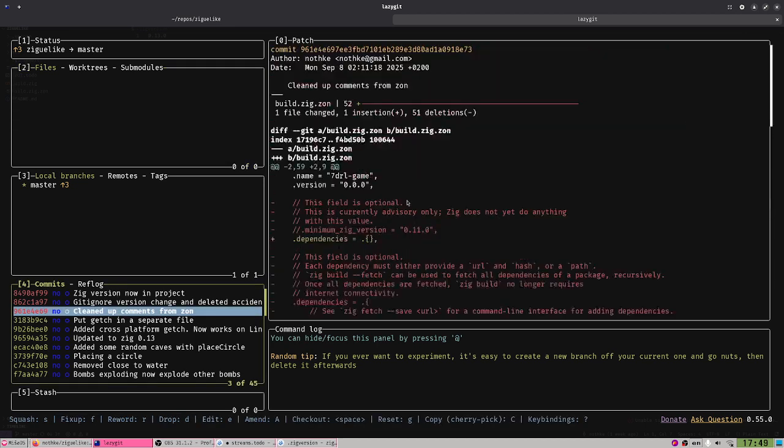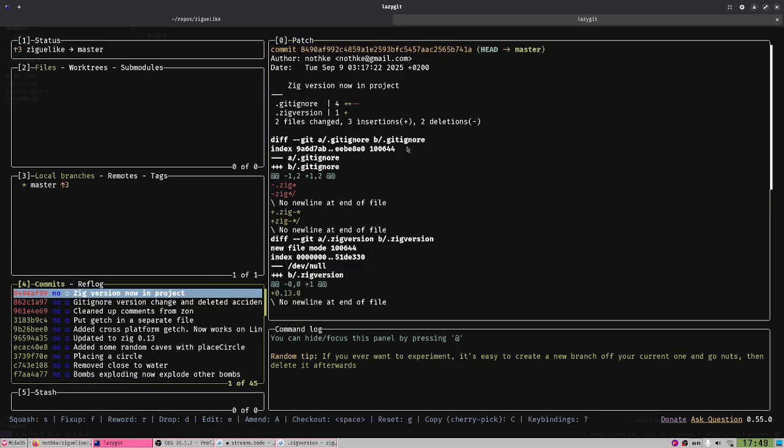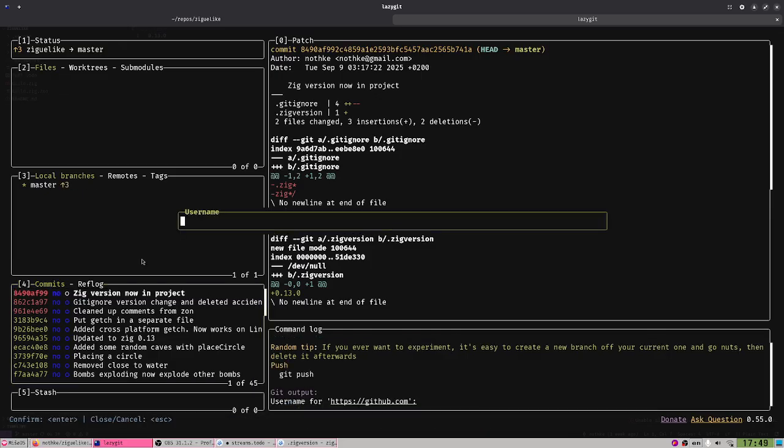Ah, yeah, right. I removed some comments. Git ignore. Yeah, I simplified the git ignore because in Zig you only need these two for the git ignore. You don't need anything else. And I actually added the Zig version.